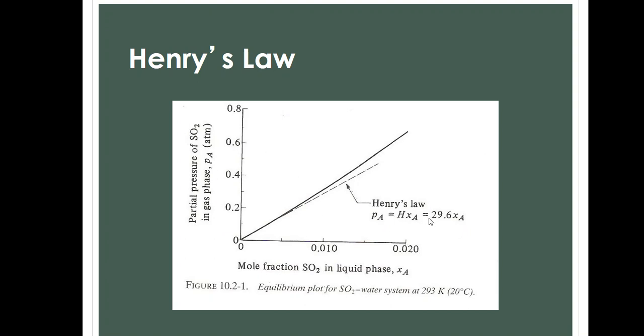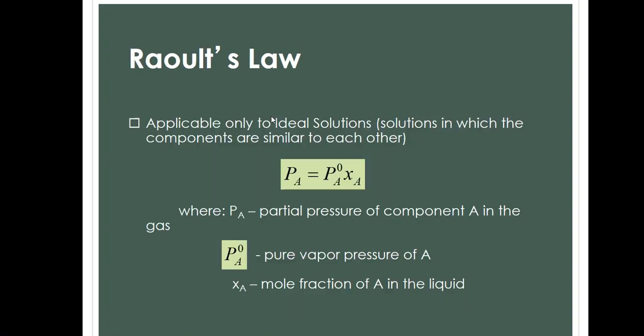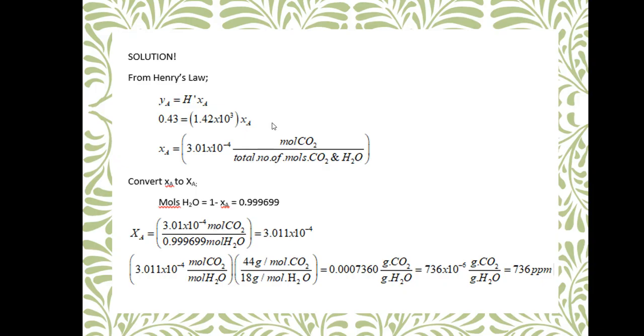Take note that since we're using it in the problem, this will be the Henry's constant that we're going to use. And take note, the unit of the partial pressure is atmosphere. So we are to be very careful with the unit of Henry's constant because some problems are not giving pressure units in atmosphere. And we may wonder why we did everything correctly but our answer is still wrong. It's because our units don't agree. So if we go back to our problem,